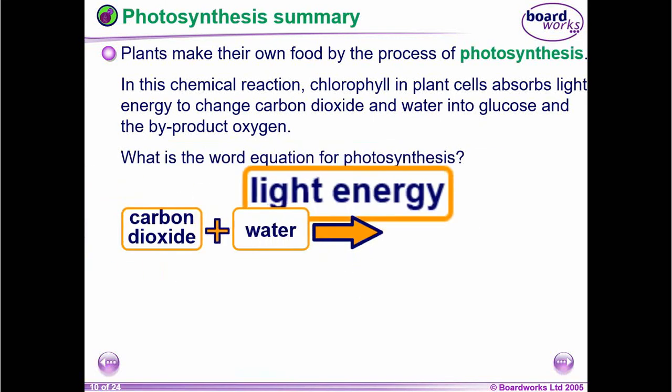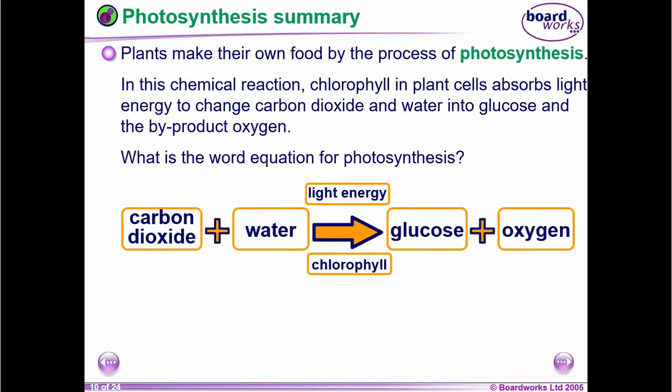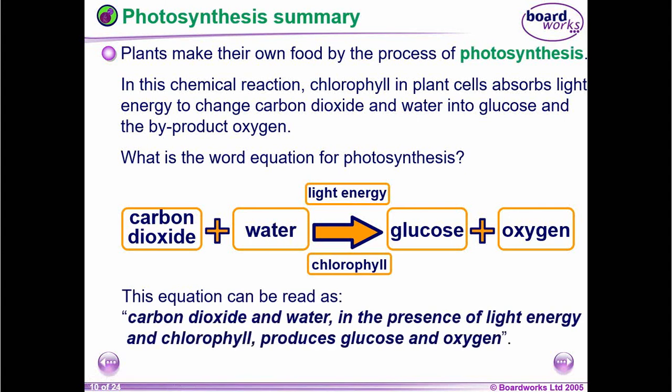what is the equation for photosynthesis? It's carbon dioxide plus water gives glucose and oxygen. You cannot write plus light energy in the equation because sunlight is a form of energy, it's not a substance, so you cannot write it in the equation. You can simply put it over the arrow and that's it. Why? Because it's not a substance. I write in the equation only substances. Okay,